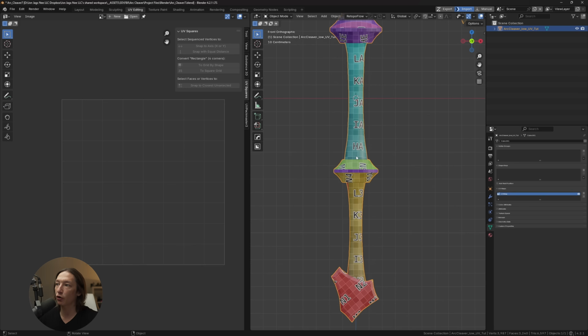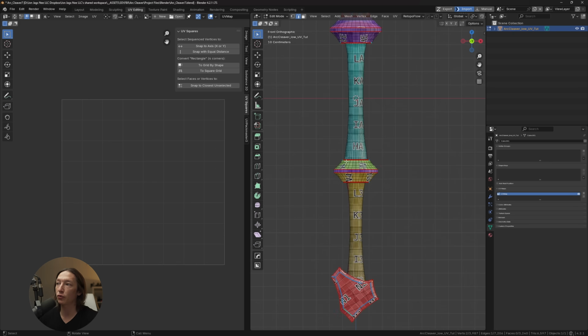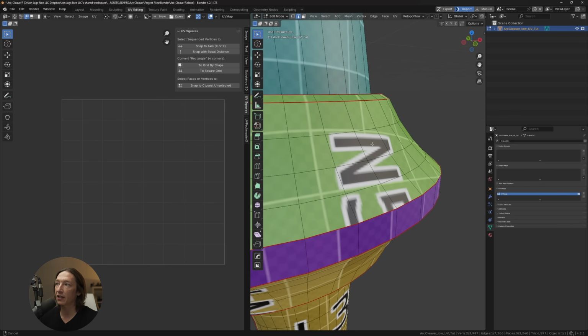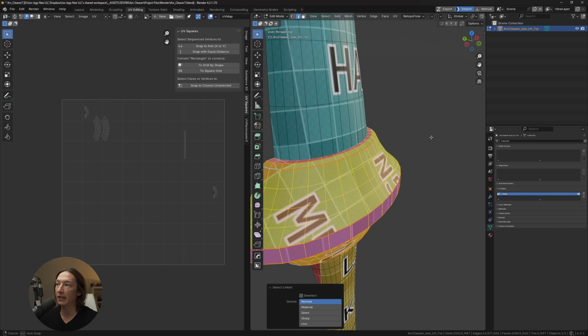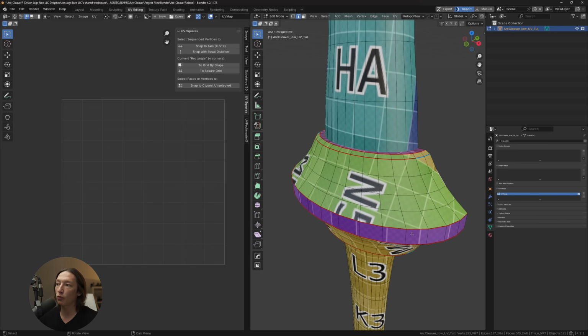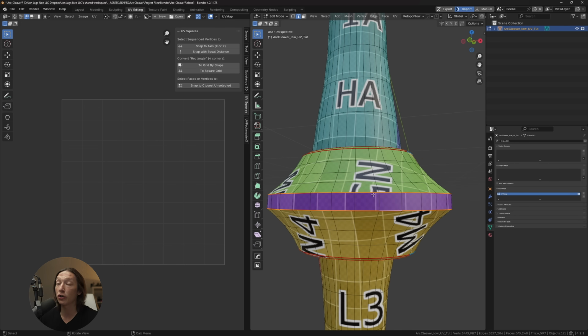Let's do a quick little scrub. We'll do one more piece here because I don't want to make this tutorial too long. So, we'll go back to edit mode, and then we'll hit Alt-H to unhide everything. We can see here that there's some seams on this little circular bit I have here. So, what I'm going to do is select this edge and select this edge. And I know that there's a seam here regardless of